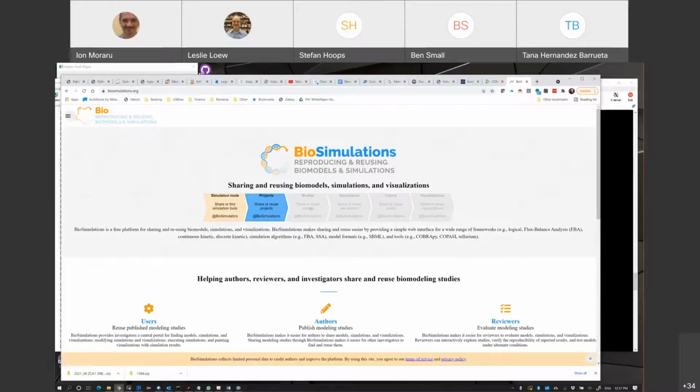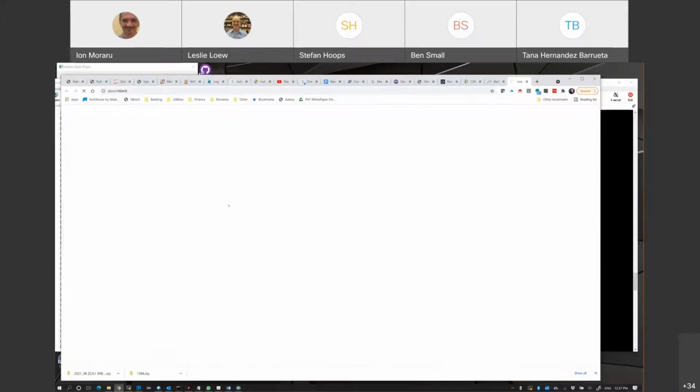Hopefully within the next year or so, many of these grayed out links will become available. This is actively being developed by collaboration of multiple institutions. But on the simulation tools,